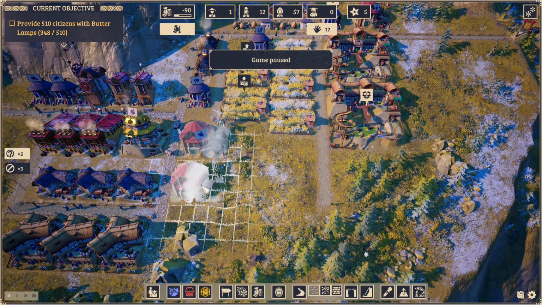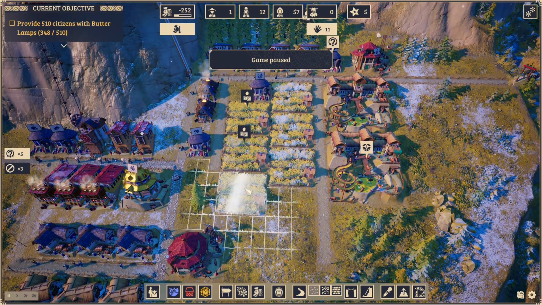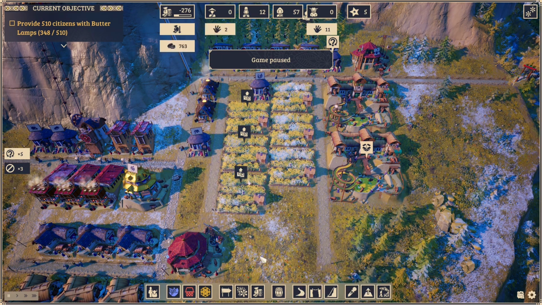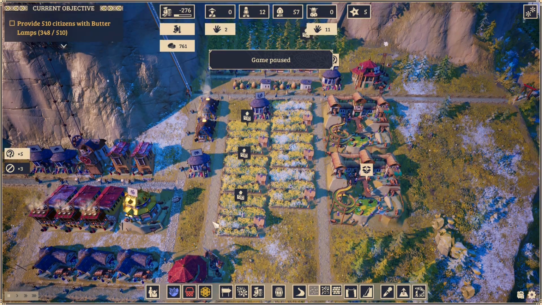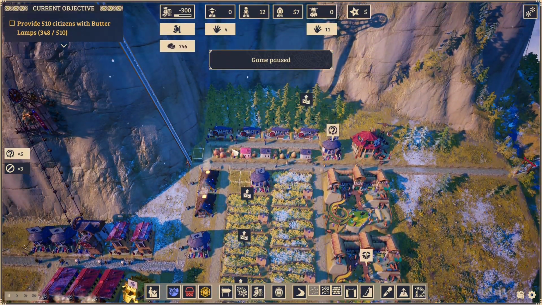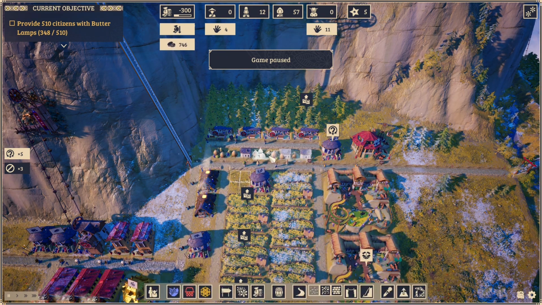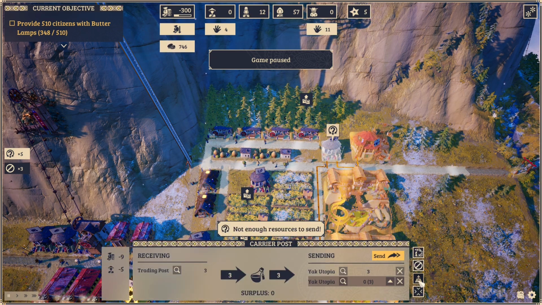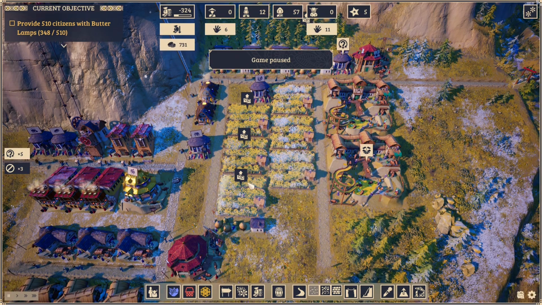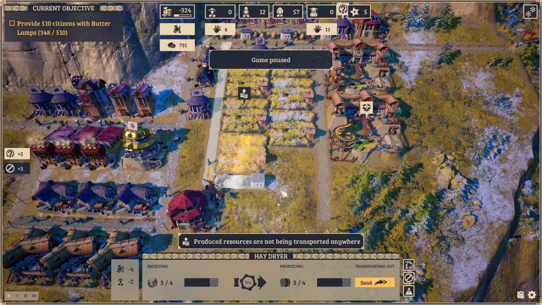I guess I'll move the trading post a bit further away, mostly because it feels like I need the space. Yeah, I feel like I could push you further. I fit another one of these here. Yes. And I could actually supply...